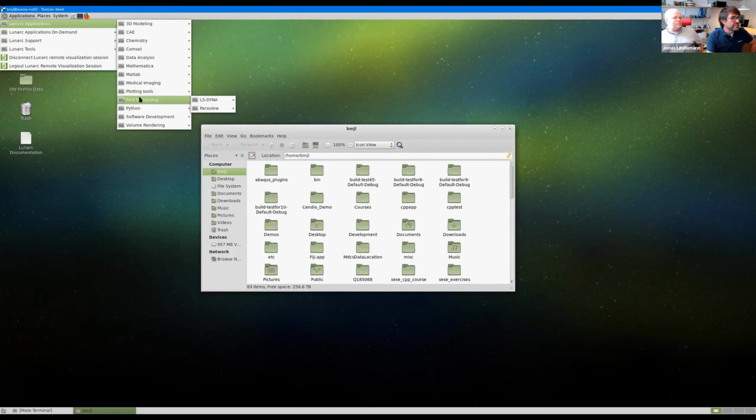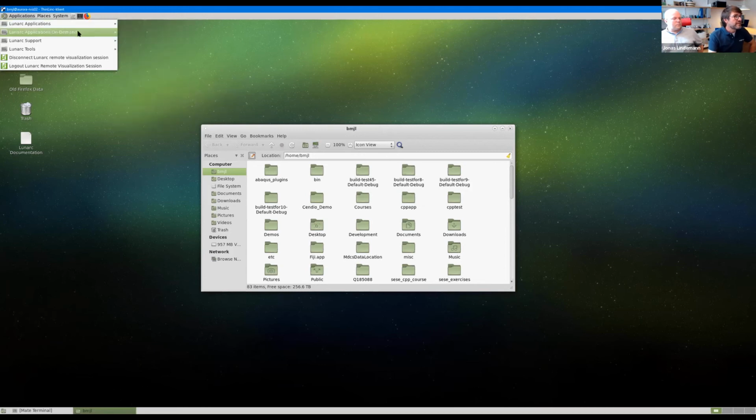So it's the shared application server mechanism. And down here we have the on-demand system that launches applications either on Linux bare metal servers or on virtual machines. And we have some support tools, and some specific LUNARC tools, and so on.